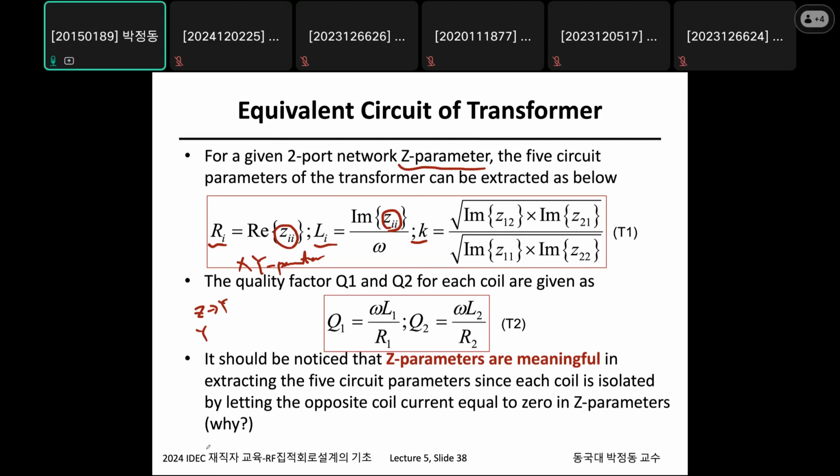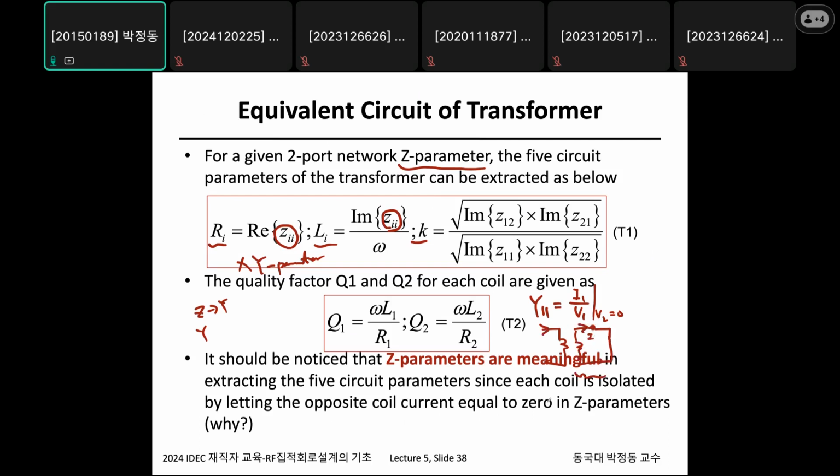So as can be seen here, in order for you to extract the Y parameters, this is V1, I1, and V2 is 0. So for the transformer, it is something like this. In order for us to make V2 0, you have to make it short. That's the problem. If you extract Y parameters, this current will generate,